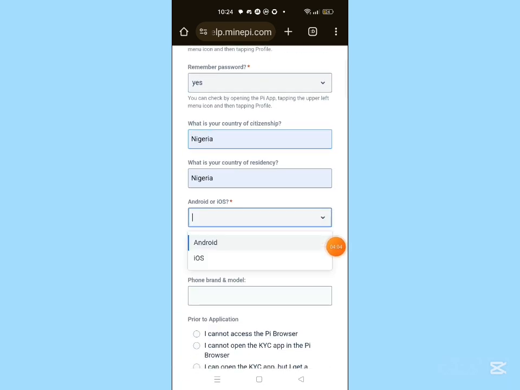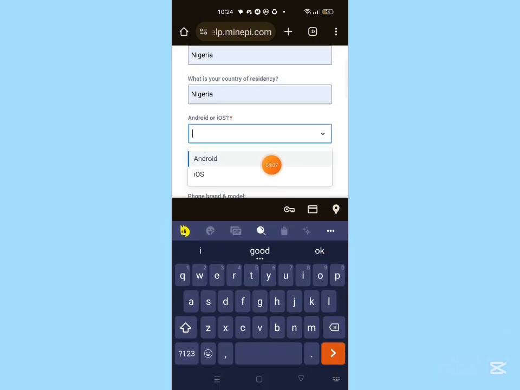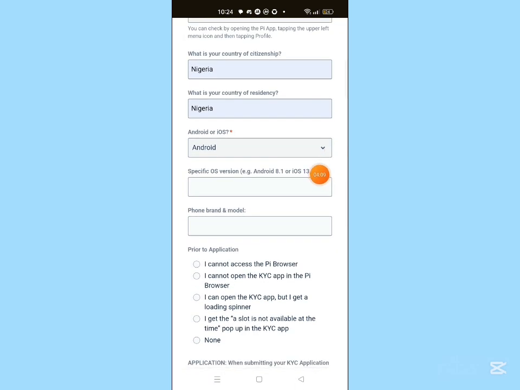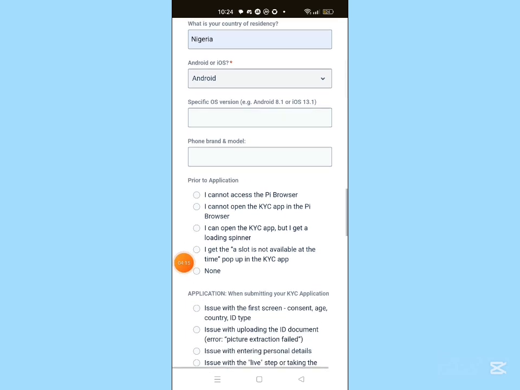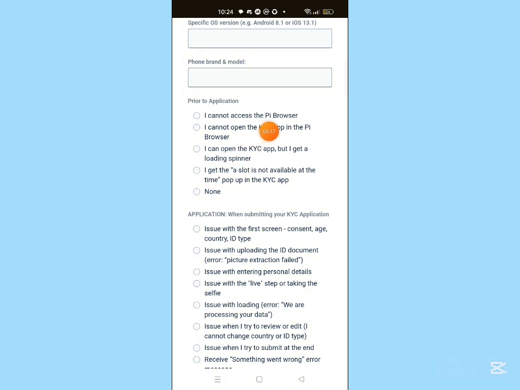So which one are you using? Is it Android or iOS? You choose. Which type of phone? Is it Tecno, Oppo, anything? You fill it here, the brand of the phone. Then, if the issue is "I cannot access my Pi browser application,"